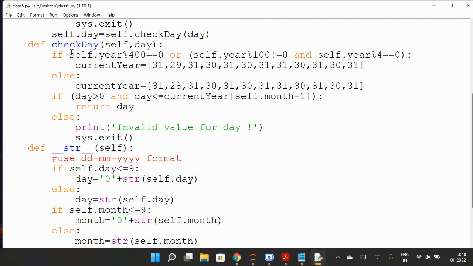Self.year modulo 400 is 0. This is a condition for leap year, which you know already. So the year is a multiple of 400, or if it is a multiple of 4 but not a multiple of 100, then it is a leap year.